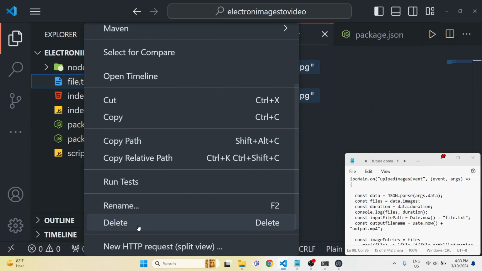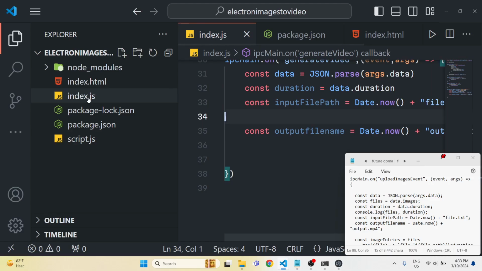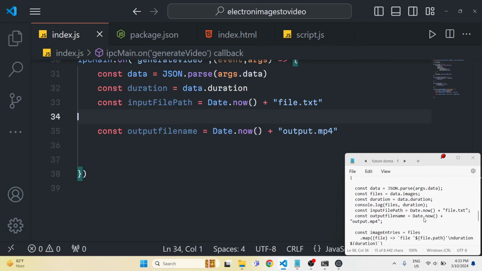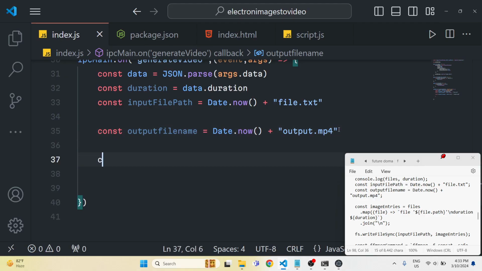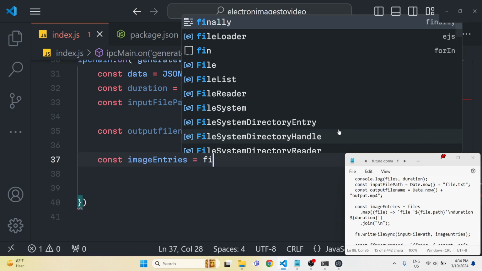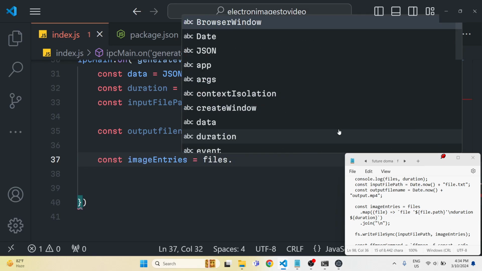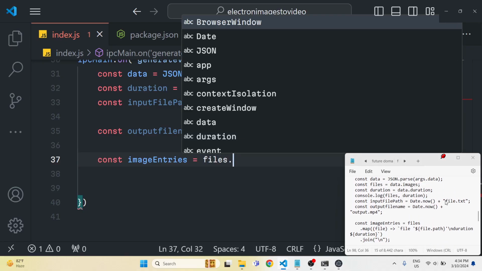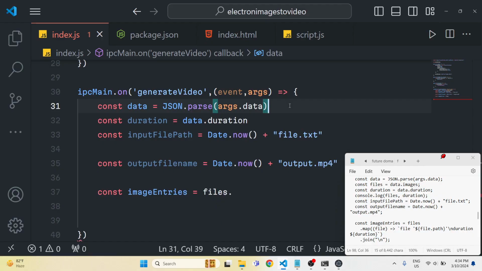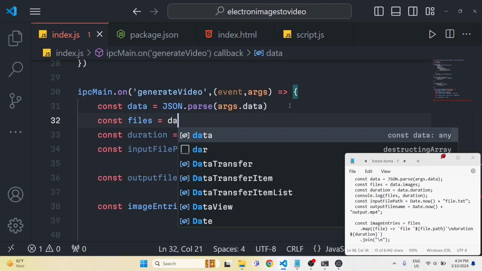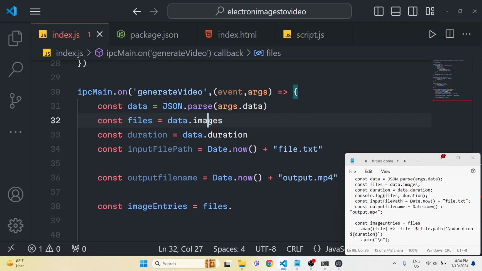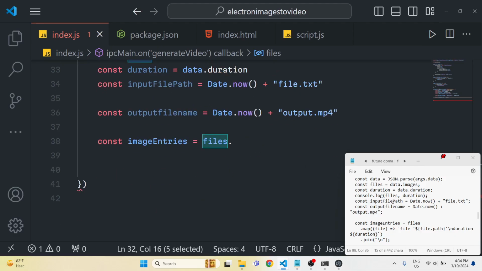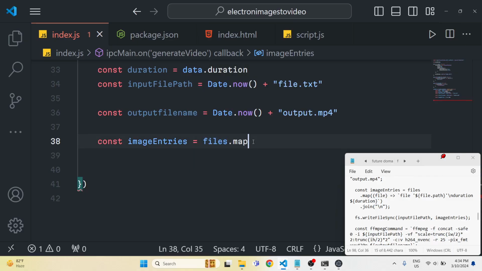So depending upon how many images the user has selected, depending upon that. So now to create this, we will actually use again the map function. We will say image entries. We will use files, and we will actually store this array files, which is data.images. It's the actual array here, which contains image data, image objects. So we are storing it inside files. So we can now use the map function, files.map,